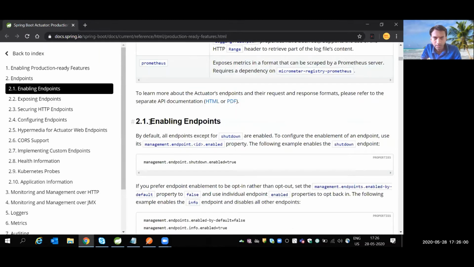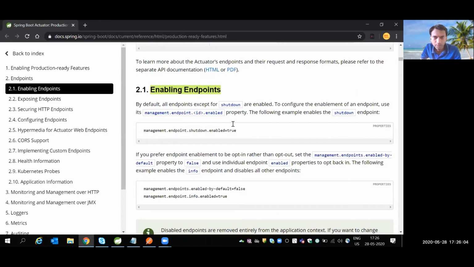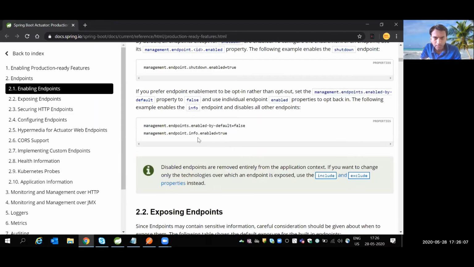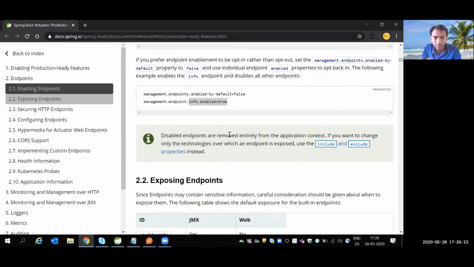Enabling endpoints, in the same documentation. You can enable a specific endpoint or you can enable all the endpoints. One example is management.endpoint.enabled-by-default is false. So if I want to enable only one endpoint, that is info.enabled equal to true.